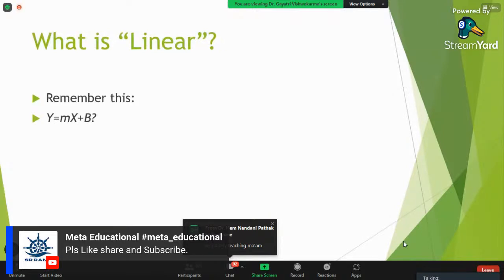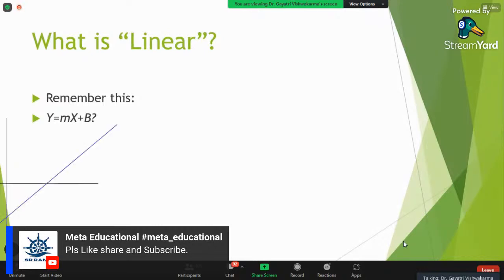So what determines linear? Remember this: y = mx + c. As I told you, you have already studied this equation of a line in class 10th. This is where you have linear regression, where b is the intercept and m is the slope of the line.